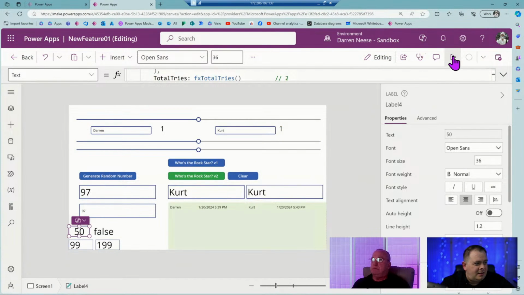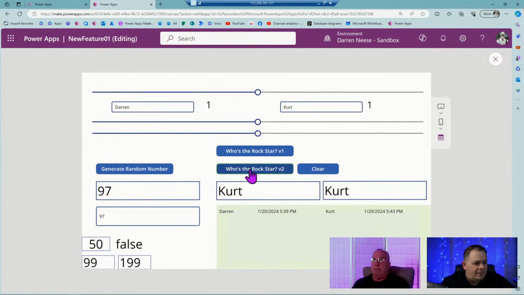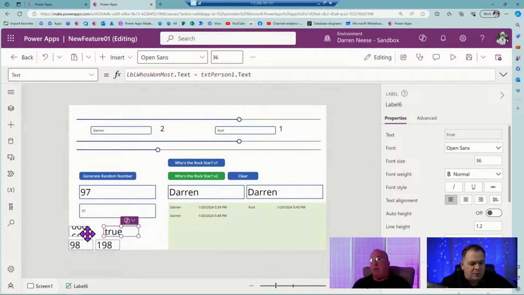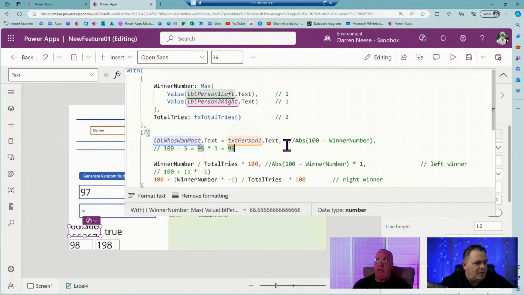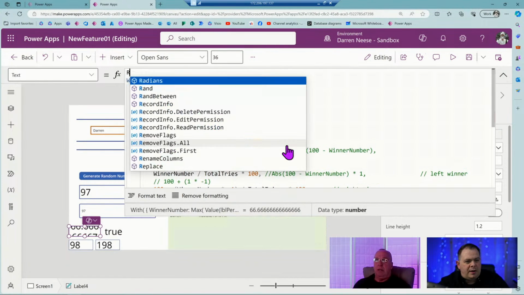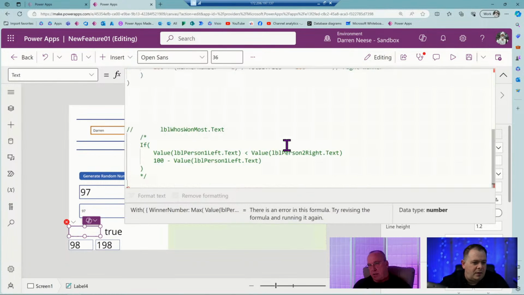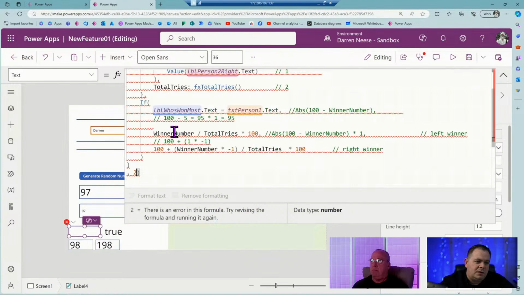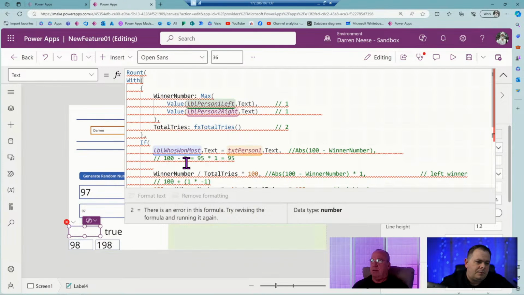Is that it? Let's go see. All right. Vote one more time. Okay. Darren's got 2. You've got 1. Now this label just went crazy on us here. Almost. We've got to do that times negative. It's a placement thing. And I'm going to round this because it's giving me a decimal. Is that okay? Yeah. Okay. Ooh, it does not like that.